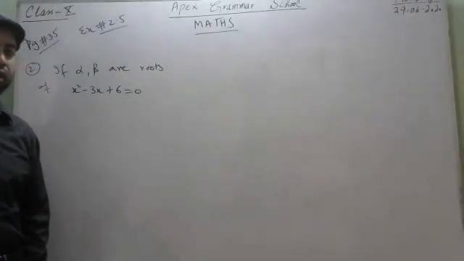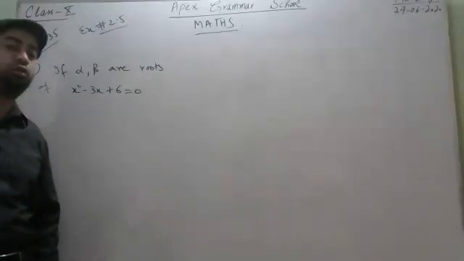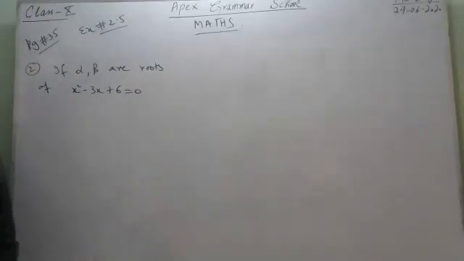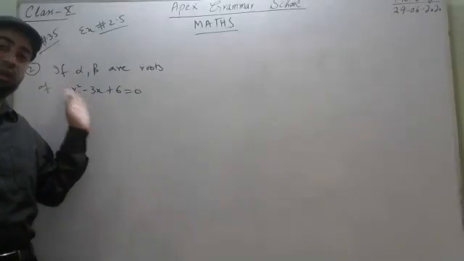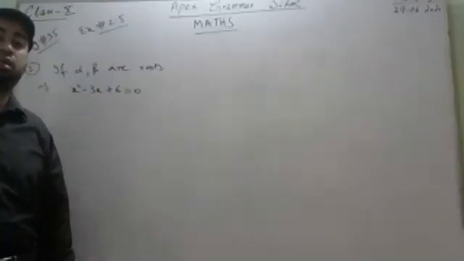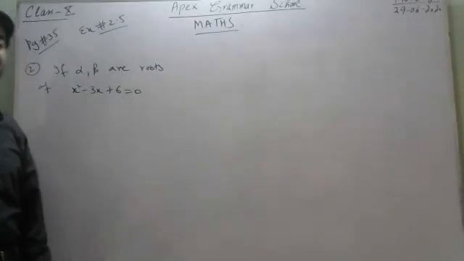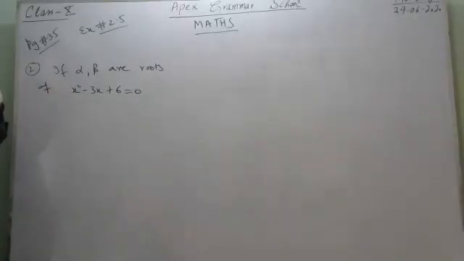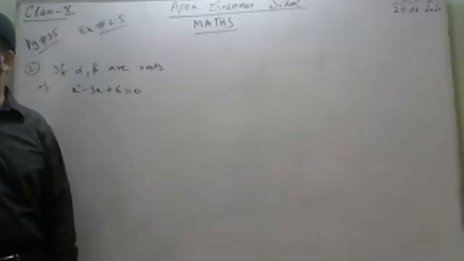previous classes. We don't know about the roots of this quadratic equation, because x square minus 3x plus 6 is equal to 0 is just saying that these roots are just alpha and beta. But in the previous question, in all the parts we had all the roots. But in this case, we don't have any roots. We don't have any answer. What is alpha and what is beta? From these equations, whose root?